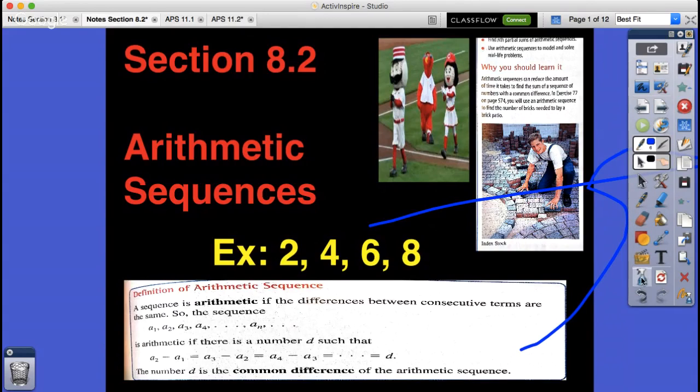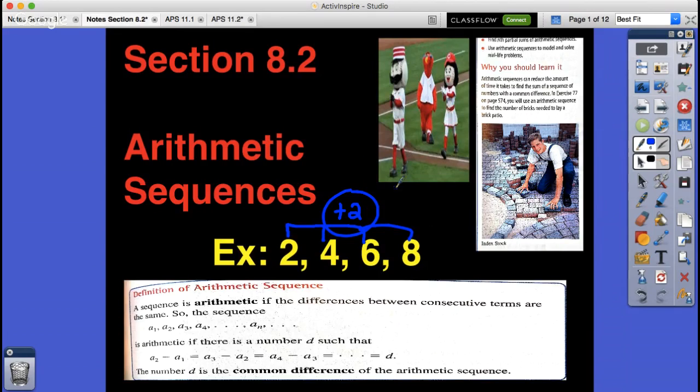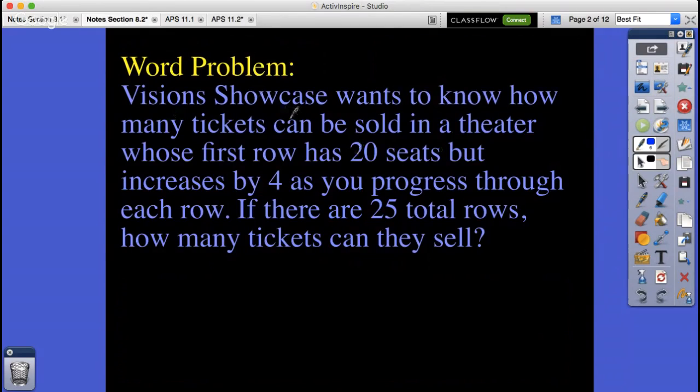Let me backtrack. All right, so let's say for some reason we look at a sequence of 2, 4, 6, and 8. We address the situation where if we either added by a specific number or even subtracted by a specific number, we would call this an arithmetic sequence. And the number that we would either add or subtract to get to the next, we call that the common difference, right? Well, this idea is brought into word problems, which is at the end of section 8.2b homework